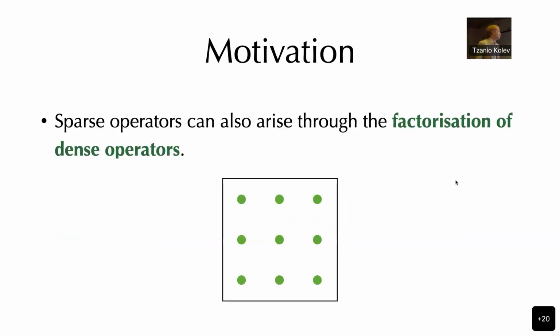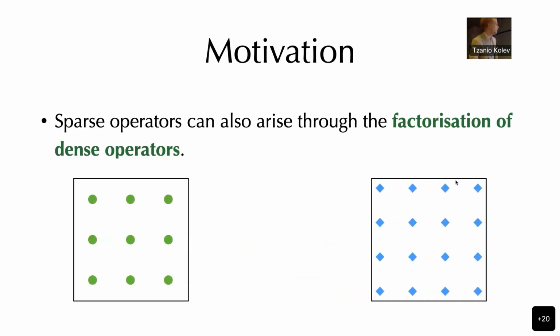The other case where sparse operators can arise is through the factorization of operators which may initially seem dense. A good example here is we wish to interpolate to these blue diamond points. This would typically come up in flux reconstruction parlance. We would say when you're doing anti-aliasing, or some people say if you're doing a Galerkin projection, you want to interpolate from your solution points to some set of quadrature points, the quadrature points here being the blue points. And at first glance, this operator appears to be dense, but we can factor it in a way that leads